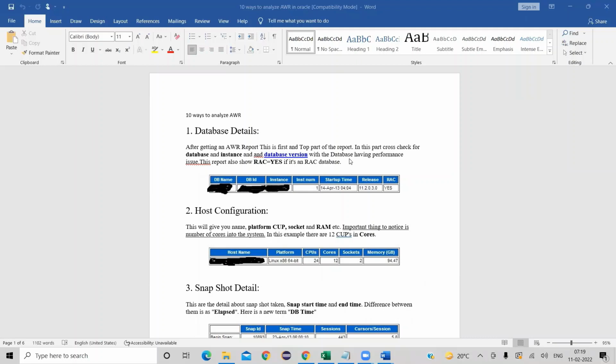Even if it is a test database on the testing environment, we may not get access to the database server to take the AWR report, ASH report, or ADDM report, just to understand what went wrong when a load test or stress test or